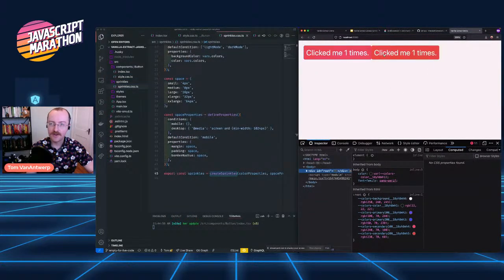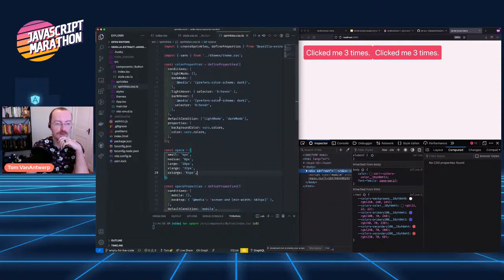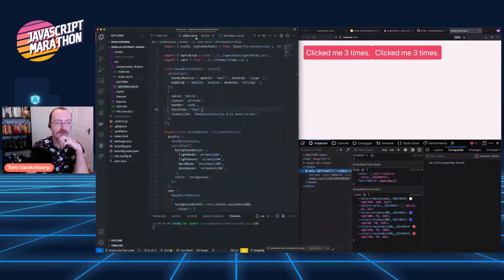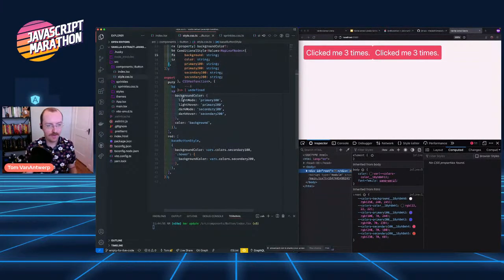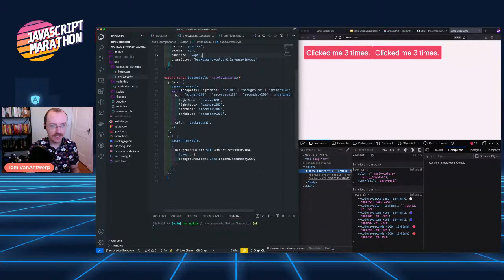And these are slightly different. I'm also using our colors here. So yes, coming back to the colors. Here we have different colors depending on, are we on light mode or are we on dark mode? I've got different names for these colors here than what you're used to, but